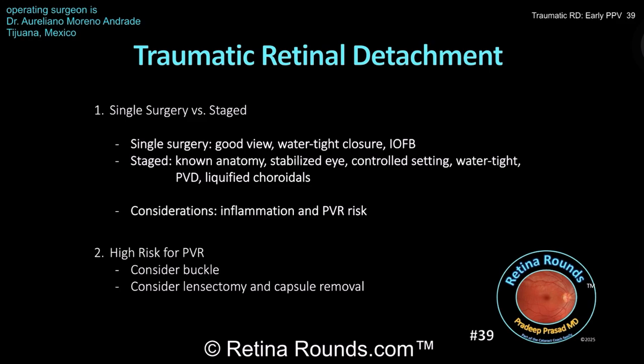So in a staged approach, it gives the surgeon the ability to perform a proper B-scan and really understand the underlying anatomy, whether there's a choroidal hemorrhage, retinal detachment, or other pathology that needs to be accounted for when performing